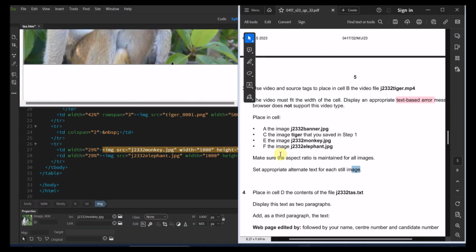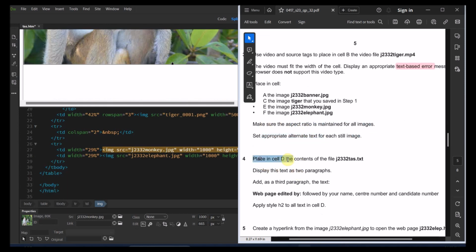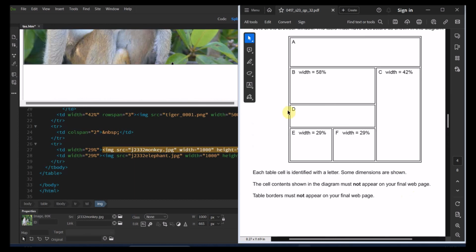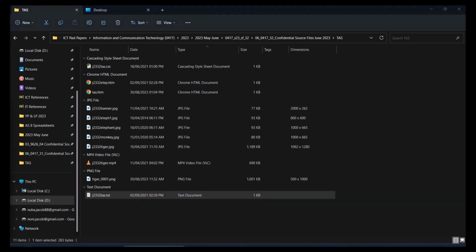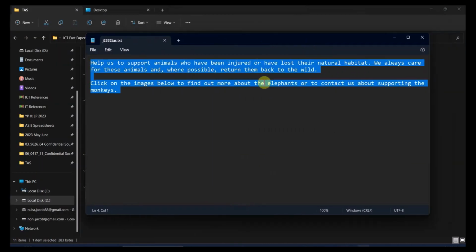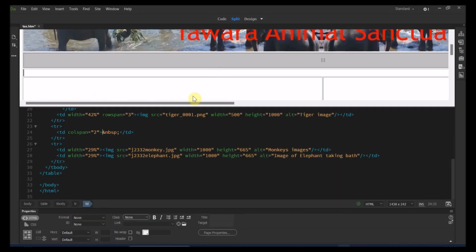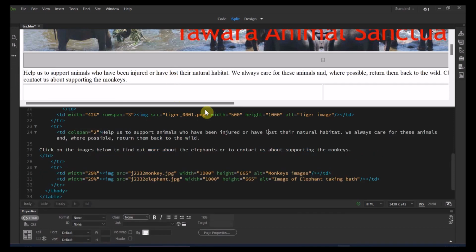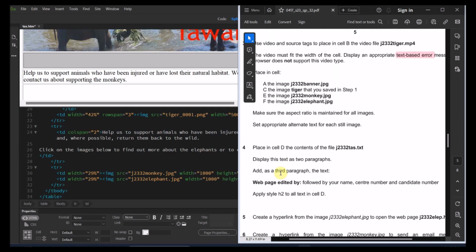Okay, the next part of the question says make sure the aspect ratios are appropriate, still images, and place in cell D contents of the file. Okay, so D is supposed to be that empty area mentioned. So let's go to text and copy everything from here. And then let's go to cell D over here. And it's supposed to appear over here. What we need to do over here is